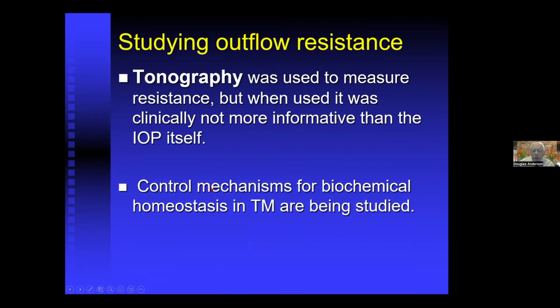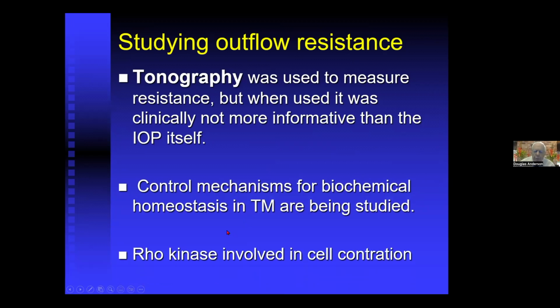There are laboratory studies, or biochemical studies, let's say, about the trabecular meshwork, to understand what's going on there in order to have the resistance. And I don't know too much about those things. There is one medication which is involved generally in cell contraction, rho kinase inhibitor. Rho kinase is responsible for contraction. The inhibitor inhibits that, and it does lower the intraocular pressure. I don't know whether more often or much lower than with other medications, but